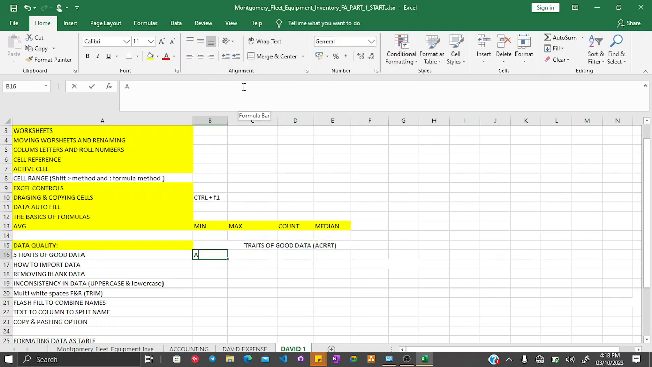The A stands for accuracy. The C stands for completeness. The first R stands for reliability. Reliable. Alright. Then the second R stands for relevance. Relevance. While the T stands for